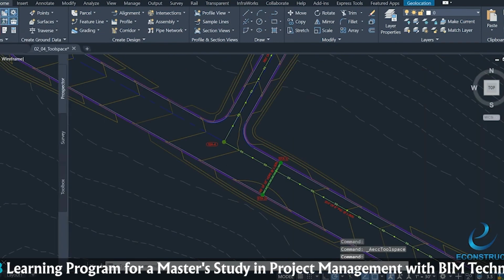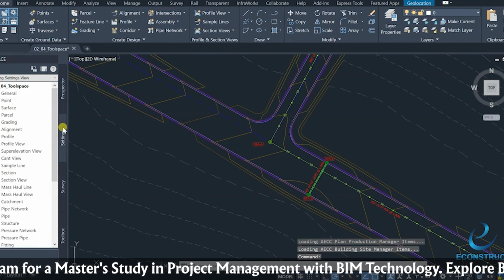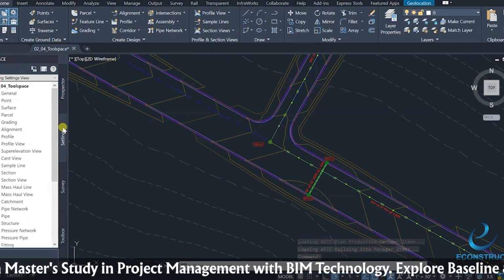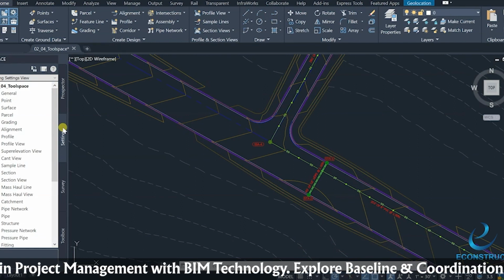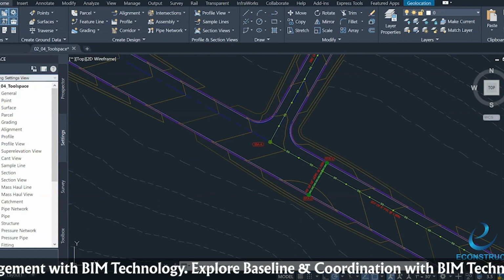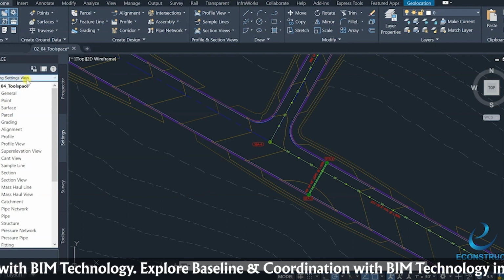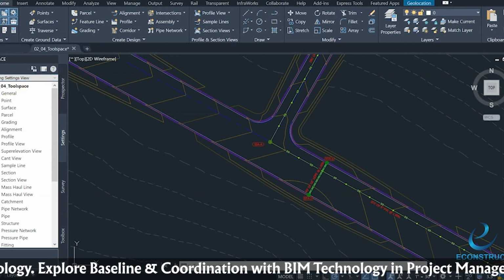Apart from that, in settings there are different types of settings that I was telling you about earlier, like ambient settings, feature settings, and drawing settings. So anything related to drawing settings that you are seeing here is related to drawing settings as well. So the things which are mentioned here, like tool space,